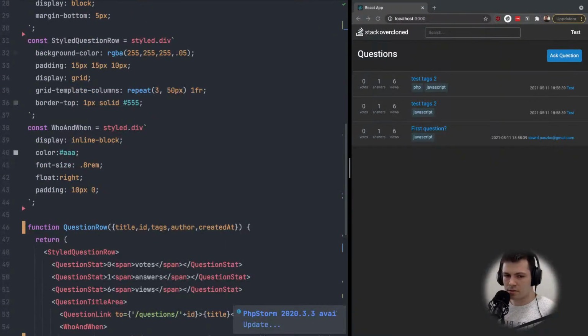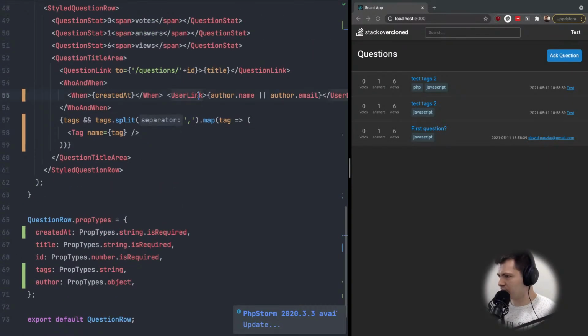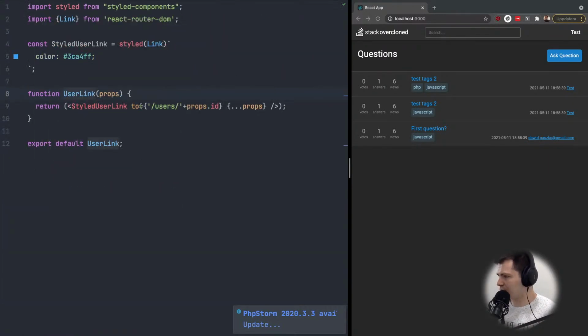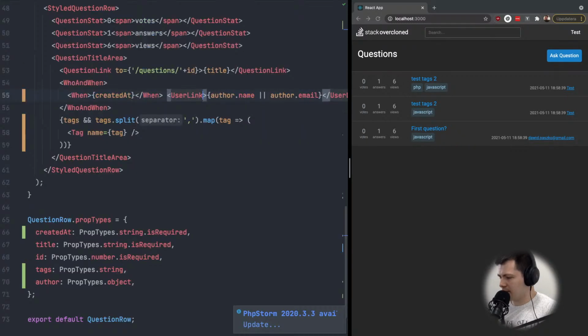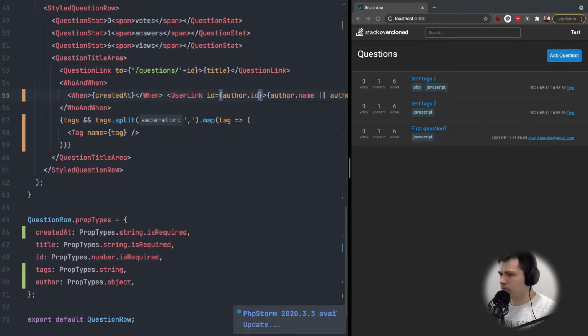All right, so now we are using this userlink component. Let's see how it looks like. Okay, so we can add ID of the user, and then we can create a link like this. So ID of the user will be author.id,